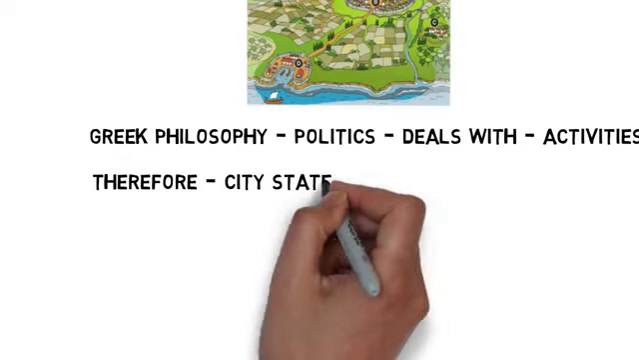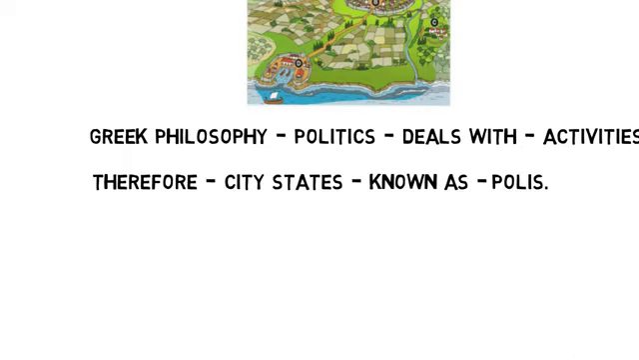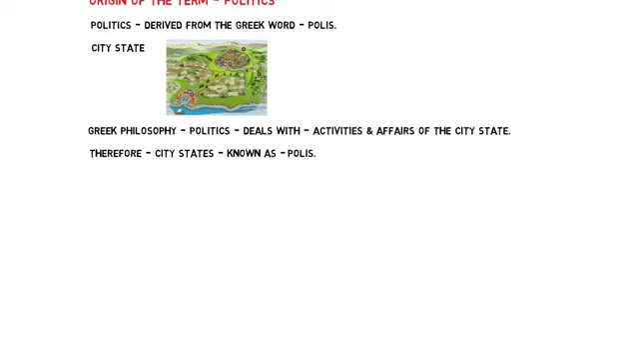So basically, according to the Greek philosophers, all the activities related to society and the state, such as affairs of the state, which may be political, economical, as well as social in nature, were all directly linked to the activities of the state, and therefore these city-states were known